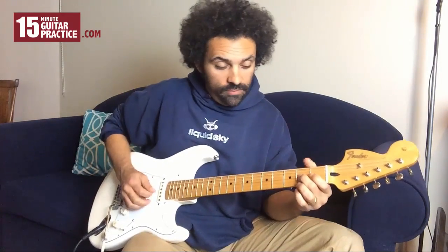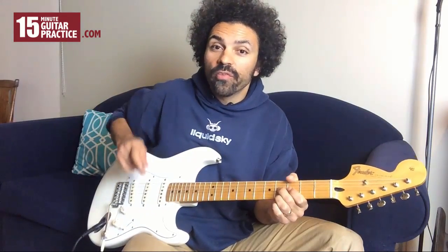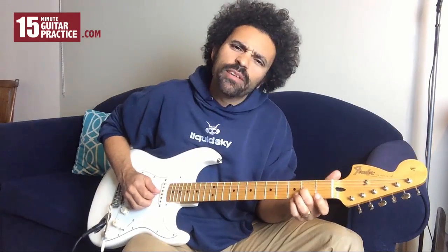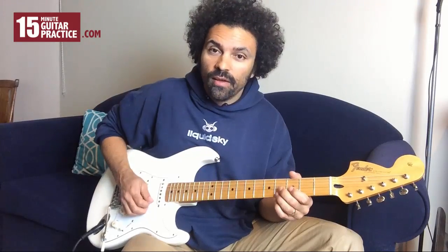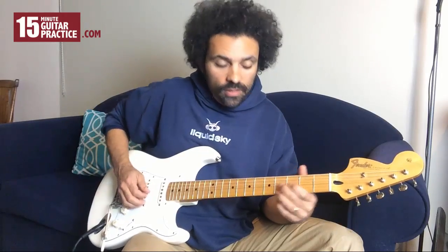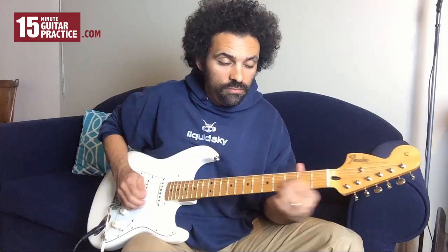So that is just a slide up to the 4th fret. But we're using the 1st string and the 3rd string and nothing on the 2nd string. So 4th fret, probably slide up from the 2nd fret up to the 4th fret on the 3rd string. And then play the 4th fret on the 1st string. So you've got, do that, slide it down,